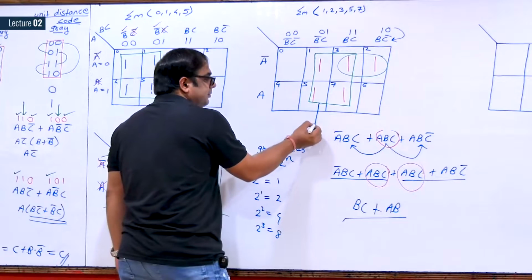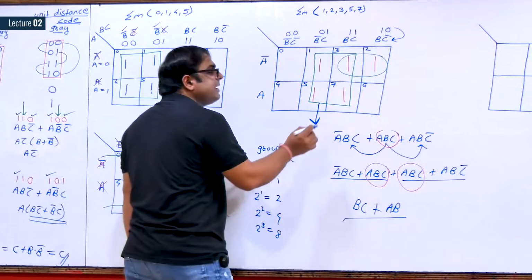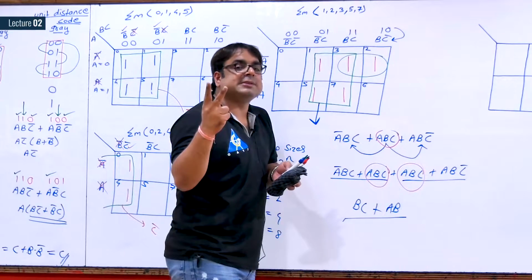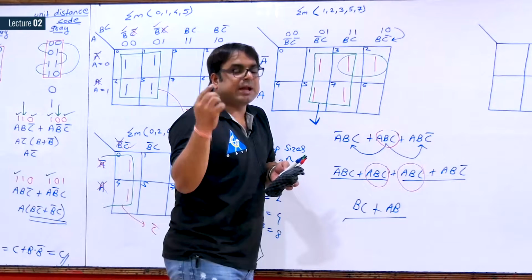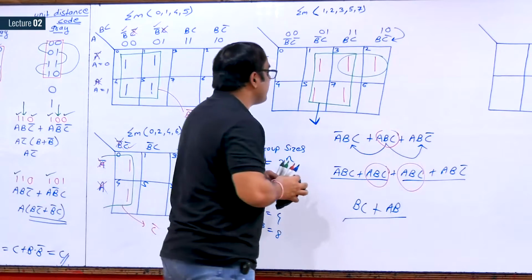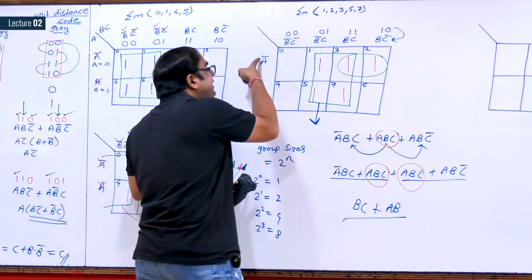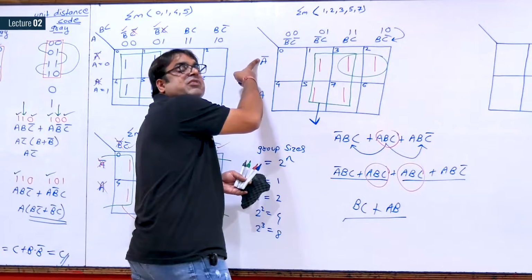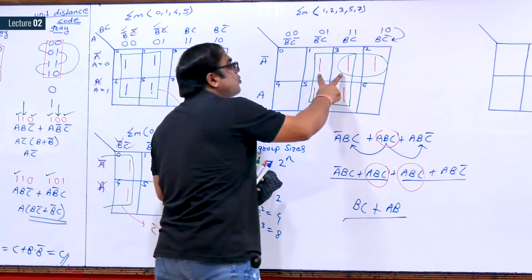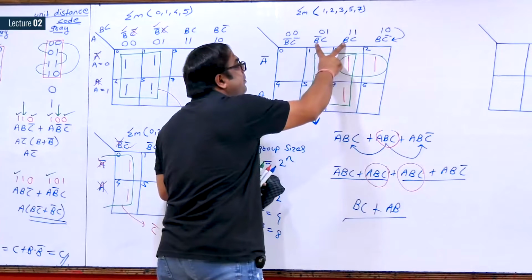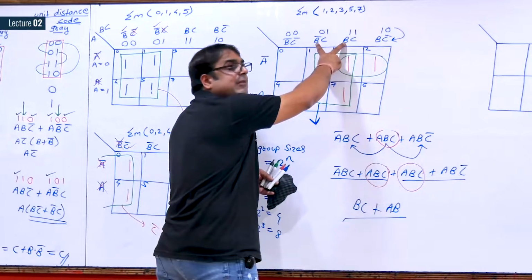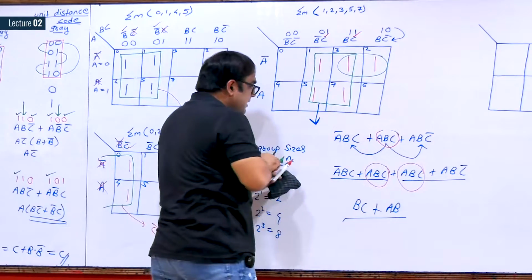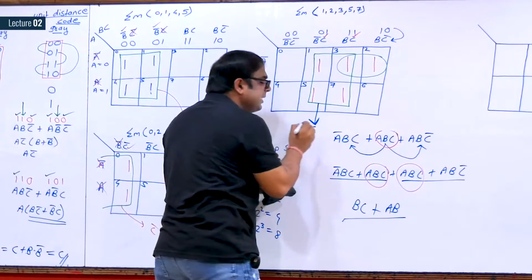Now please see. In this quad, we use the word quad for 4 minterms. For 2 minterms we use pair, for 4 we use quad and for 8 we use octet. In this quad, definitely A will not be the answer because it is changing. Definitely B will not come either. So the only variable which will come is C. So this variable is C.